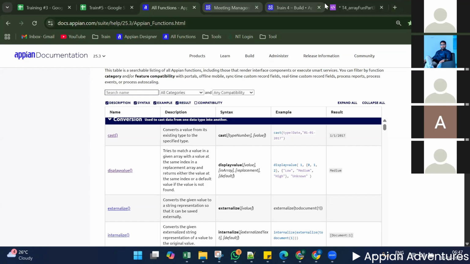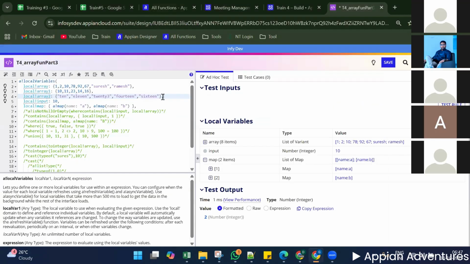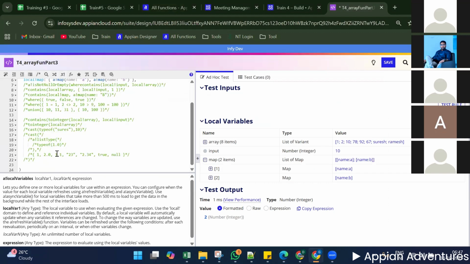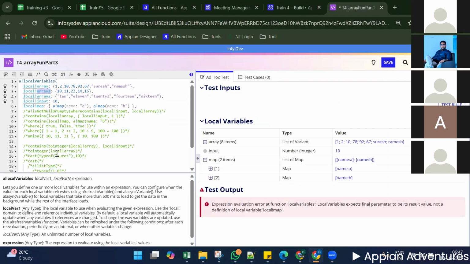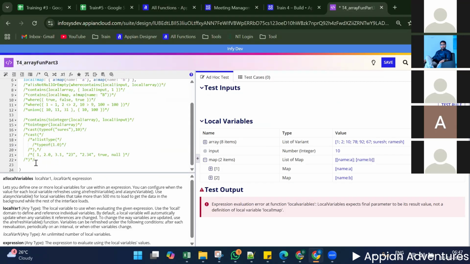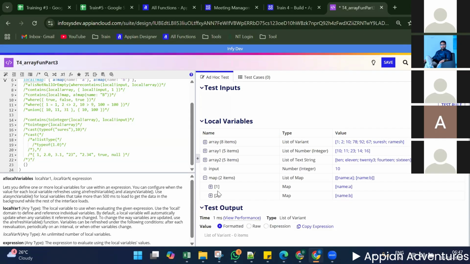Now we'll discuss this display value function, guys. I have taken two arrays, array one and array two. In array one, we have integers, and in array two, we have a list of text values. So now we had the requirement. What was the requirement here? In array one,